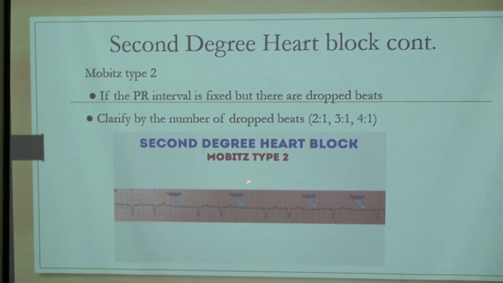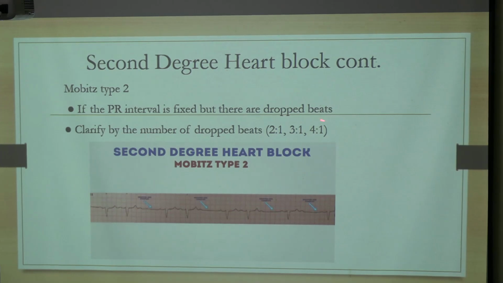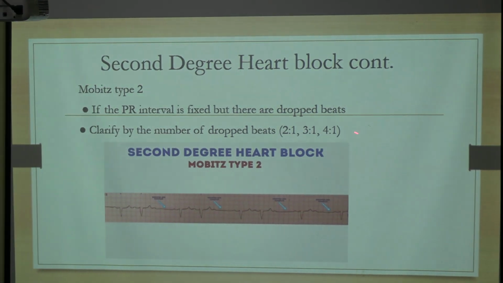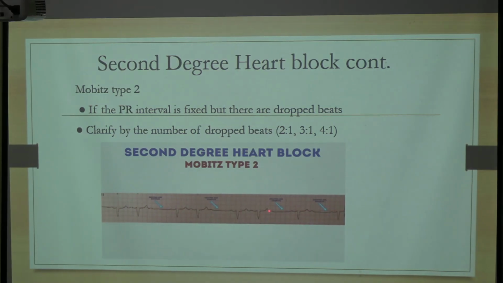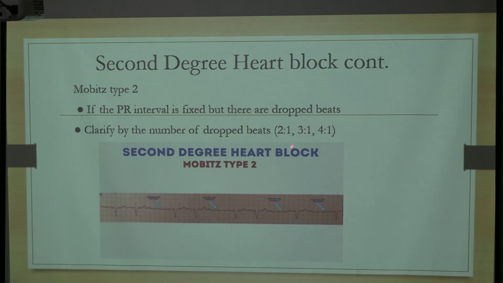Okay. Then here you can see there is one P wave absent, right? Then what is second degree Mobitz type 2? So in this case, the PR interval is fixed but there are dropped beats, so it can be dropped beats 2:1, 3:1, then 4:1. So you can see there are dropped beats, right? So that will be Mobitz type 2. So it is a ratio. It can be that 2 QRS are missing, or in some cases 3 QRS are missing. Like the dropped beats will be there. So that will be second degree Mobitz type 2.